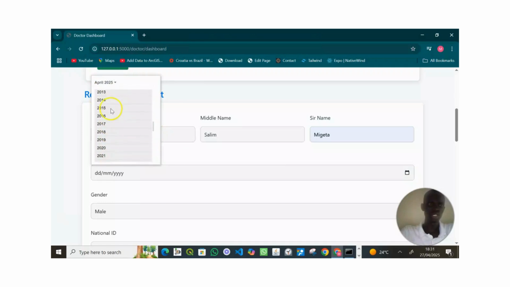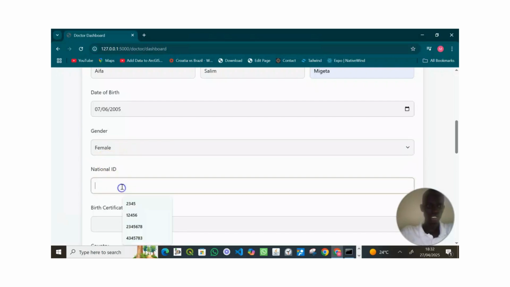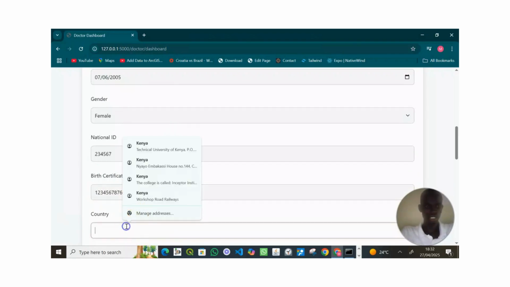So let's say 5 June 7. Gender, she's a female. Then let's insert the national ID, then a birth certificate number, then the country Somalia,